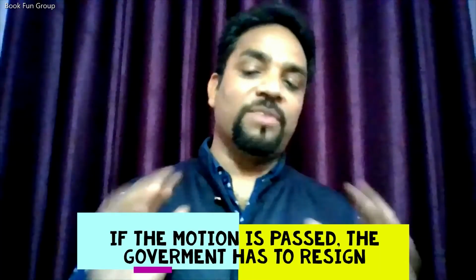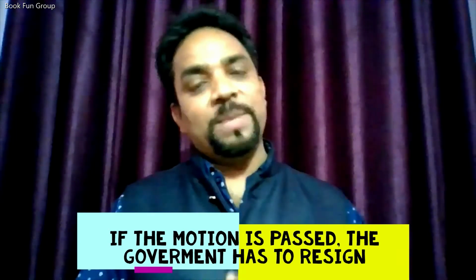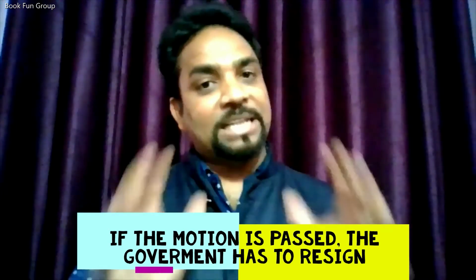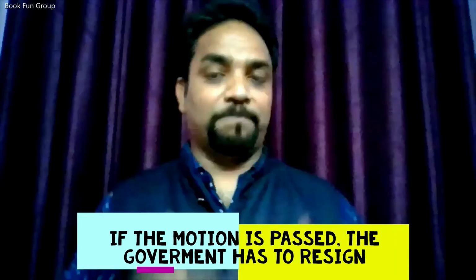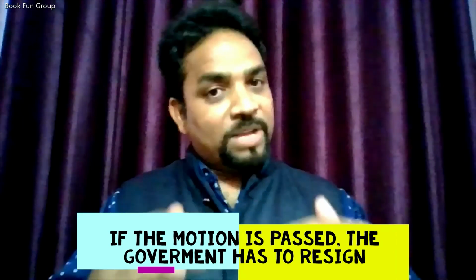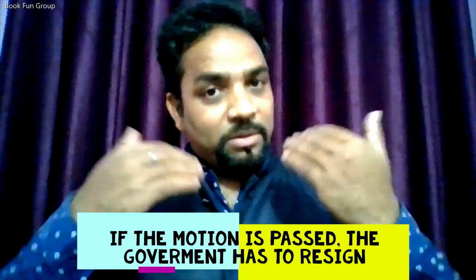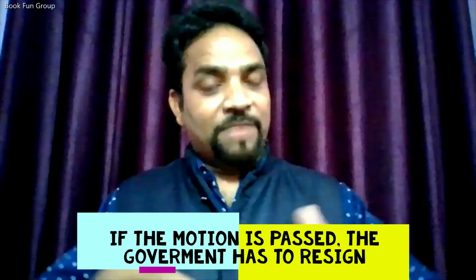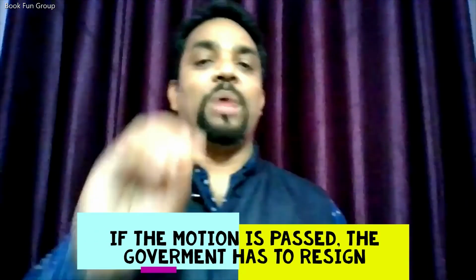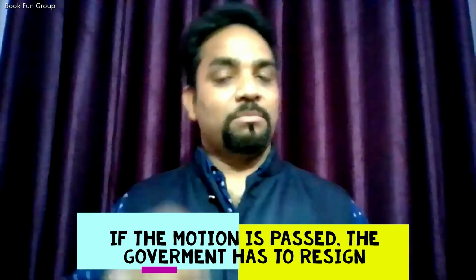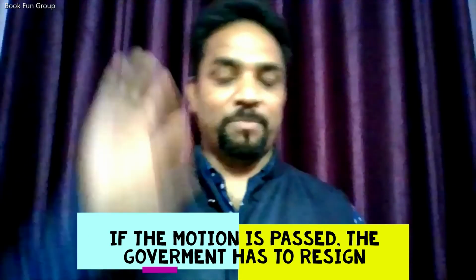The requirement is that to initiate a no confidence motion, there should be at least 50 members in favor of presenting the motion in the House. If 50 or more members have presented this motion in the House, then the Speaker will go for the next step.